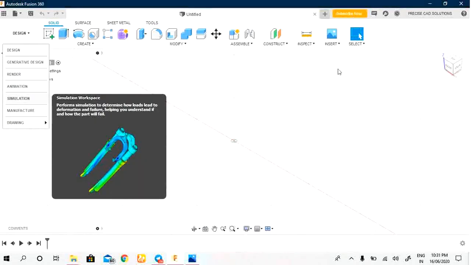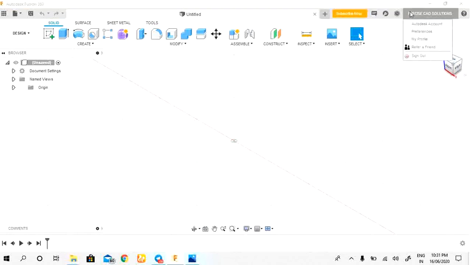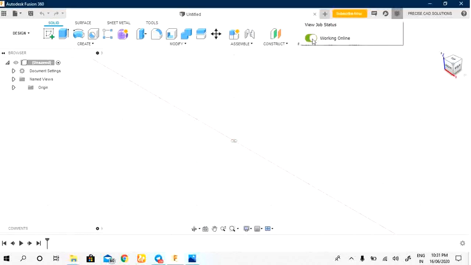Then this is the modeling menu. This is the timeline arrows. This is the navigation tools and the settings. This is the cube which gives the reference for your system. This is the help and link. And most importantly, if you have to work offline, you can simply click on work offline. You can do the work in offline mode, but after some time you have to click on work online because it can't save your work to the cloud. So keep that in mind.